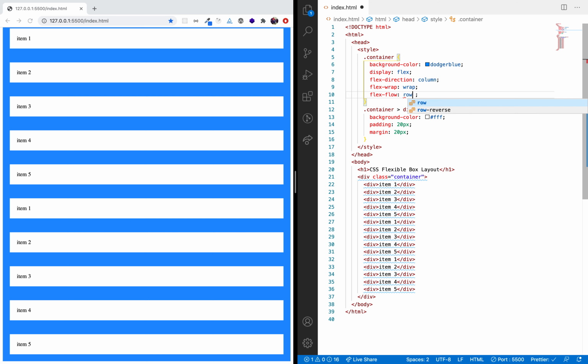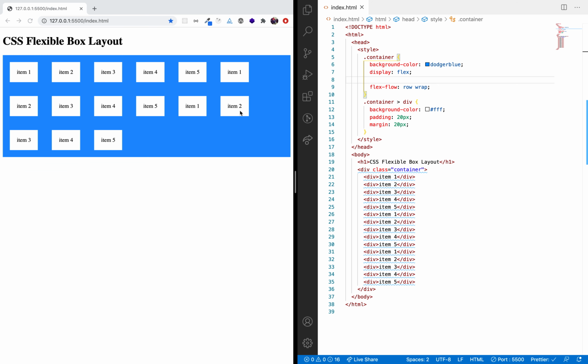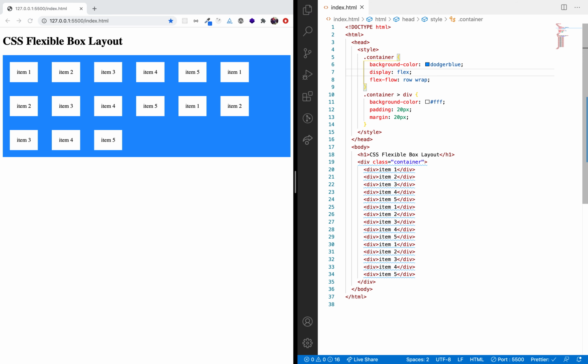So I can give my flow in a row manner, and my flex should be wrapped. Okay, so I can remove this. See, the flex is getting wrapped and coming from left to right, in a row. So this is the flex flow property.